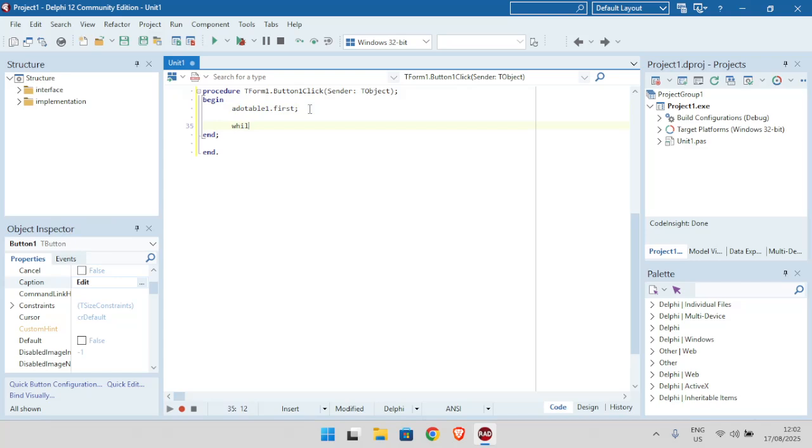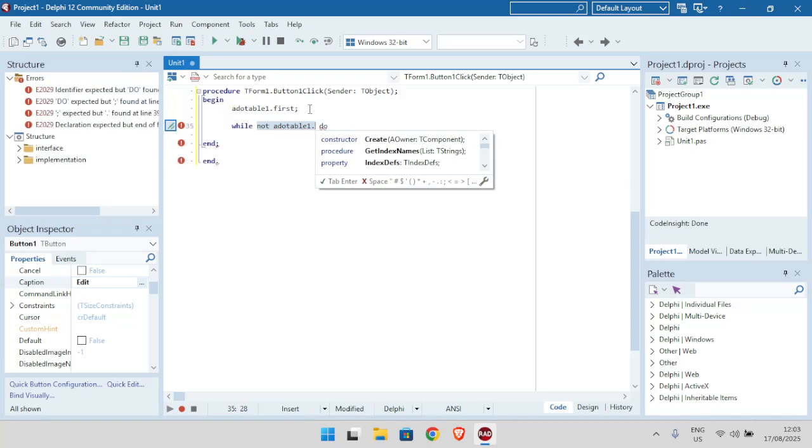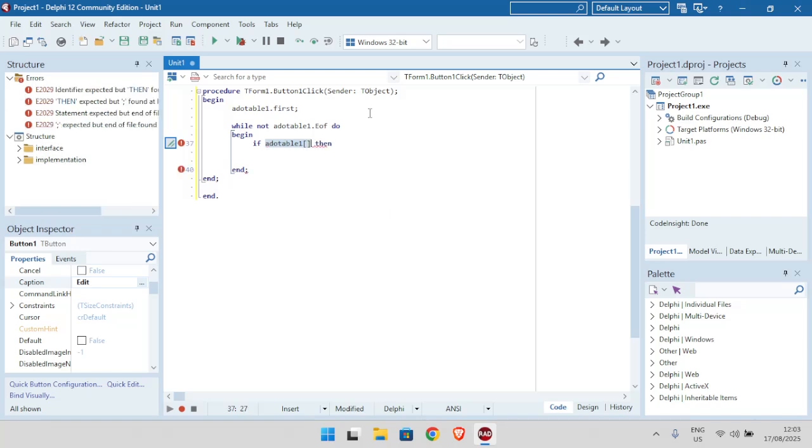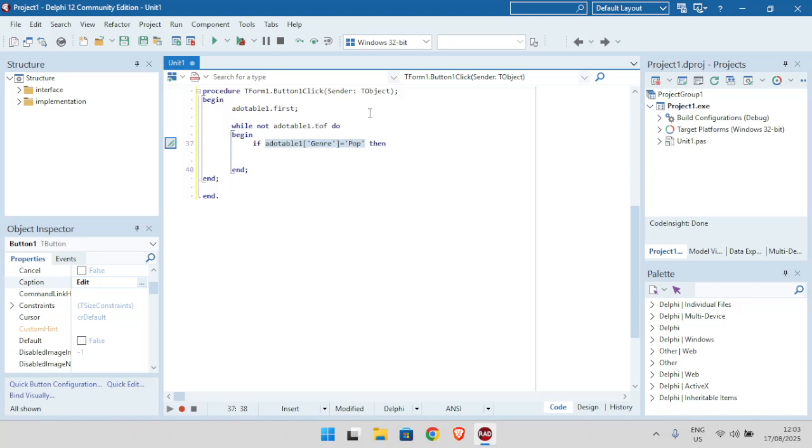Then we need a while loop to run through this whole ADOTable. So while not ADOTable1.EndOfFile. While it's not at the end of the file, we need to continue testing to check whether the genre is pop. So it's going to be if the field that we want to test is genre. Okay, so if it's equal to pop,